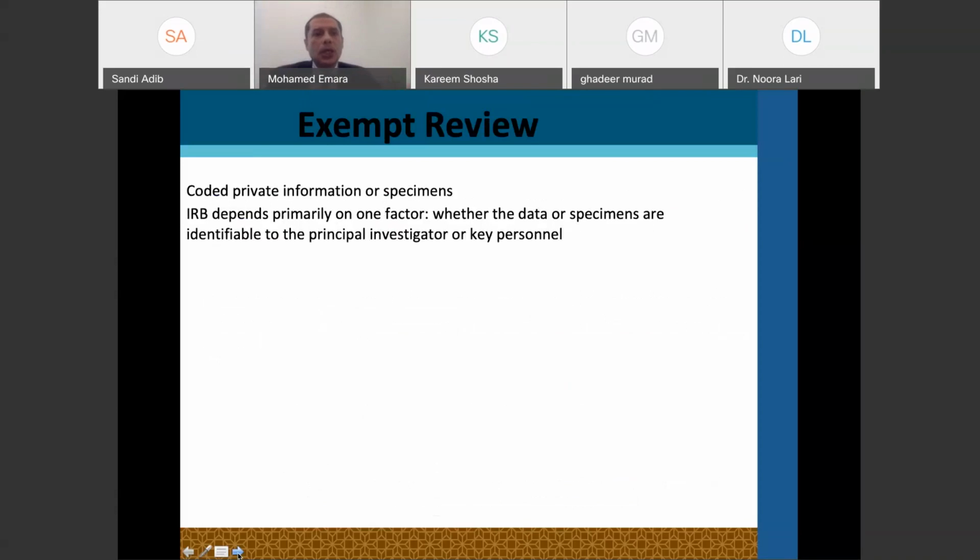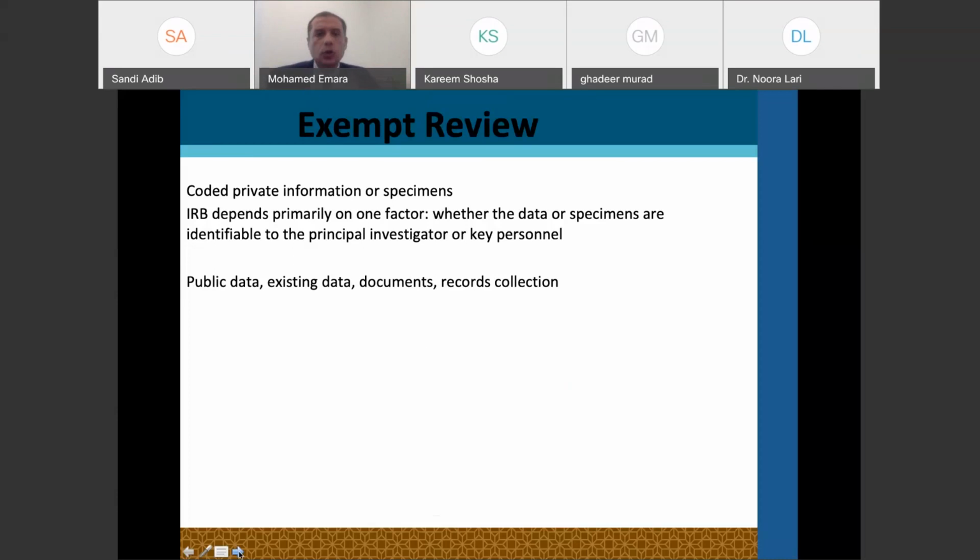Okay, to make it simple, if your samples are coded, unidentified, this makes life very easy. So the data or the specimens are non-identifiable, nobody knows them, and there is no direct contact with the human subjects here. This is one form. So we're getting samples which are unidentified, coded, with no dealing with the human subjects, and you're going to do simple experiments, for example, for people who are doing medical work, like some PCR, some proteomics work, some analysis. This is very simple, okay? So this should lie in this kind of exempt form.